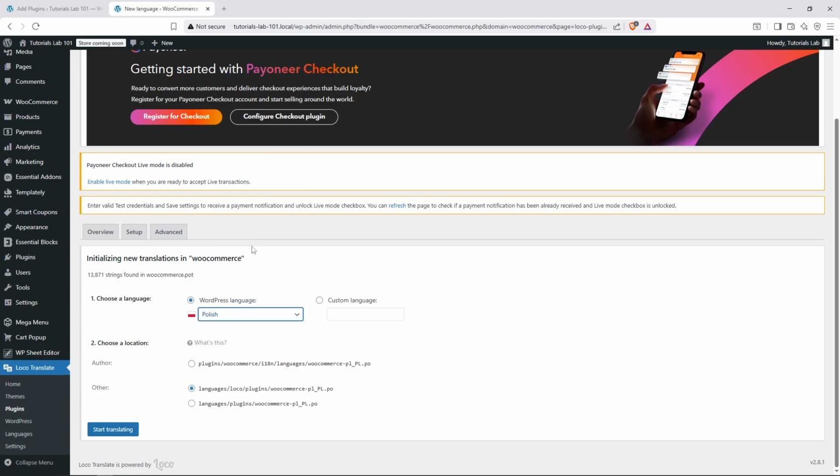And that's it. You've successfully set up Loco Translate and begun translating WooCommerce into another language, making your store accessible to a whole new